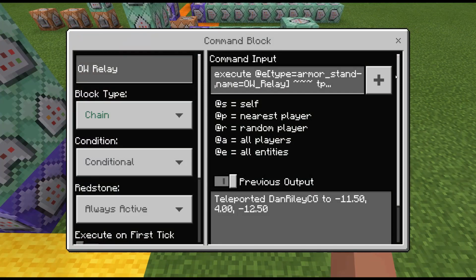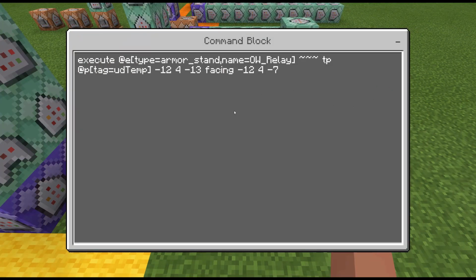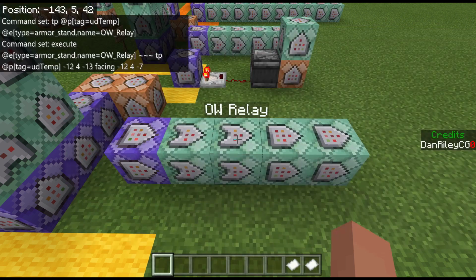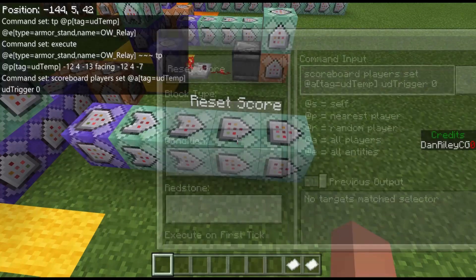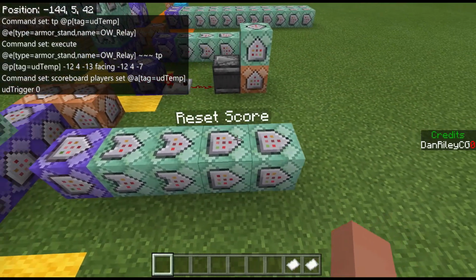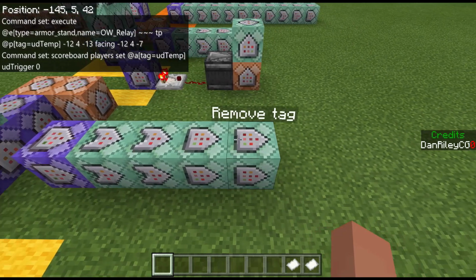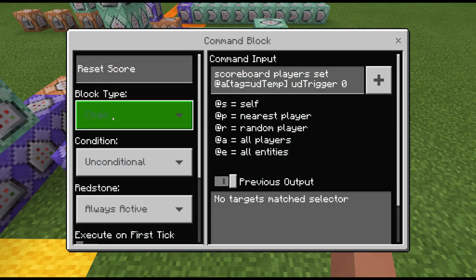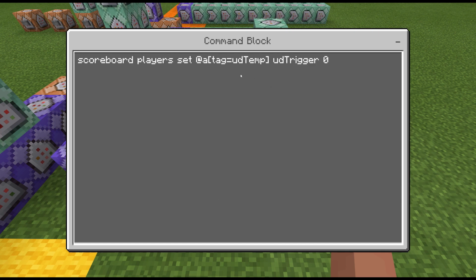Chain conditional, always active. Again, here's my command for teleporting to my spawn. Here's my spawn location, and then here's the direction I want the player to be facing. Now this system is capped with the same two kinds of commands as before. We want to make sure we end the code with these two unconditional command blocks. Chain unconditional, always active. We're going to make sure we set their trigger score back to 0, because again,